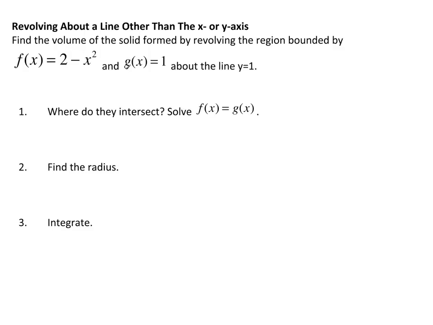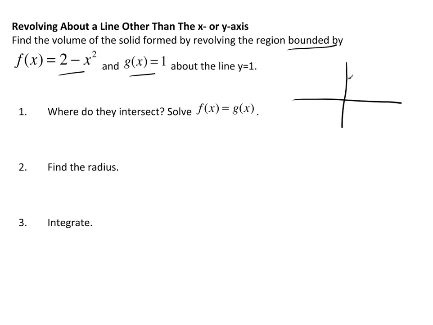Let's find the volume of the solid formed by revolving the region bounded by f of x equals 2 minus x squared and g of x equals 1. Well, obviously, the first thing we need to do to get a handle on this is draw a picture. So if I draw a picture of this,